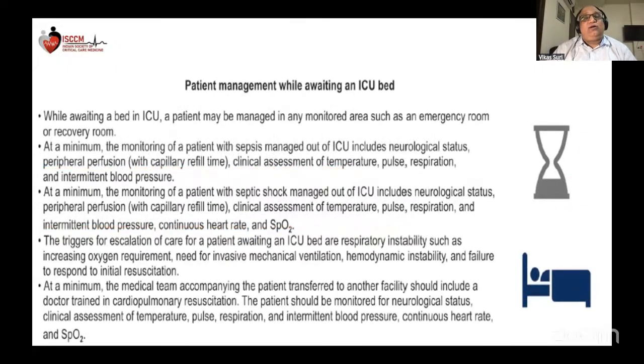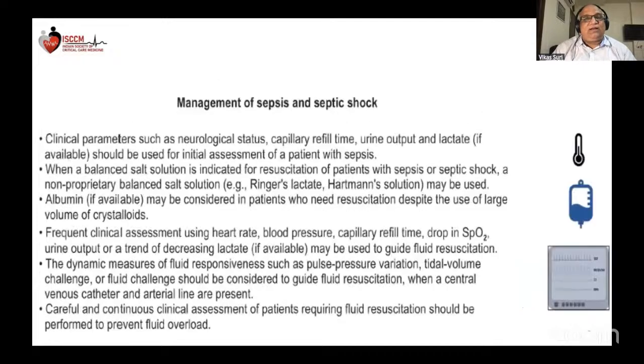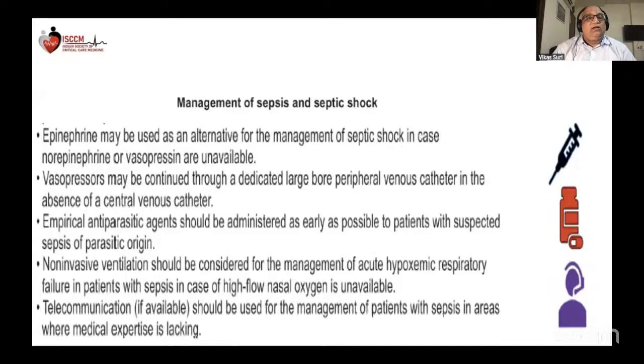Management, especially for patients awaiting an ICU bed. This is more or less in accordance with the Surviving Sepsis Campaign guidelines. In the management, the clinical parameters, the resuscitation fluids, and the use of vasopressors are in accordance with that of the SSC guidelines, but